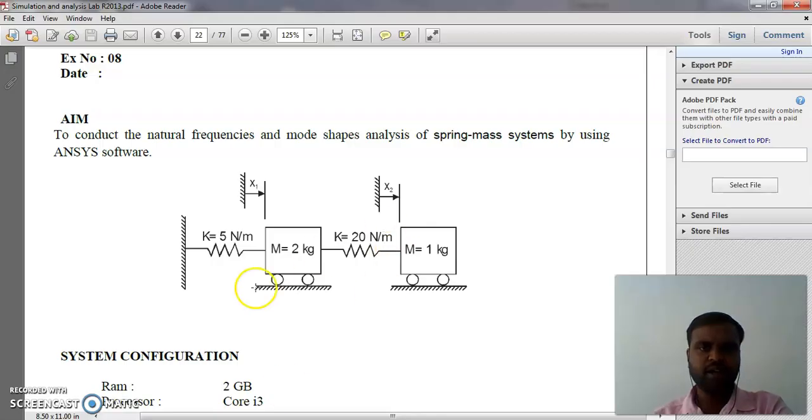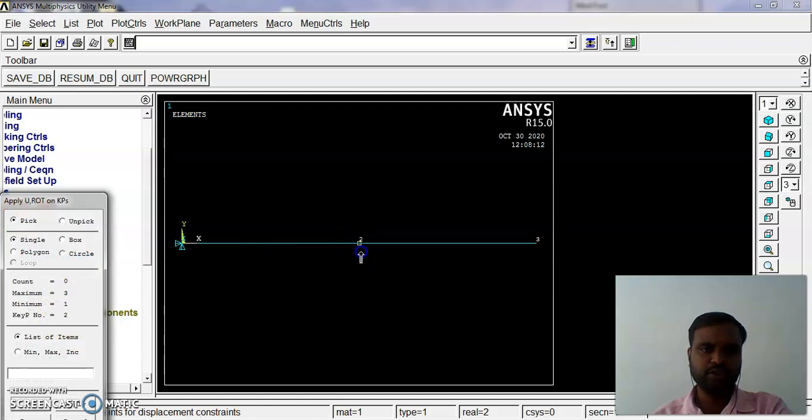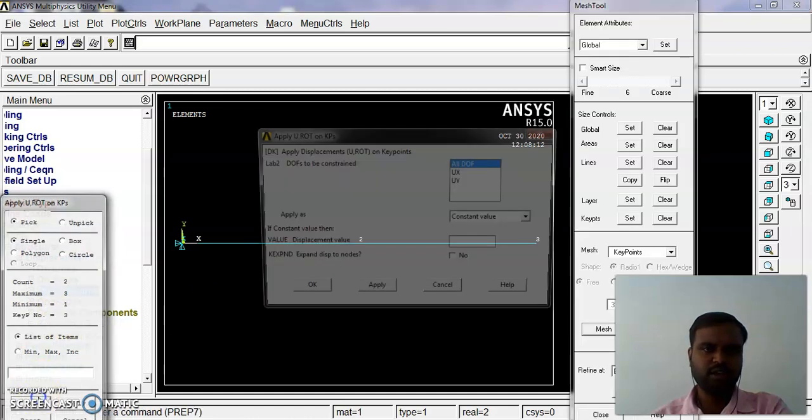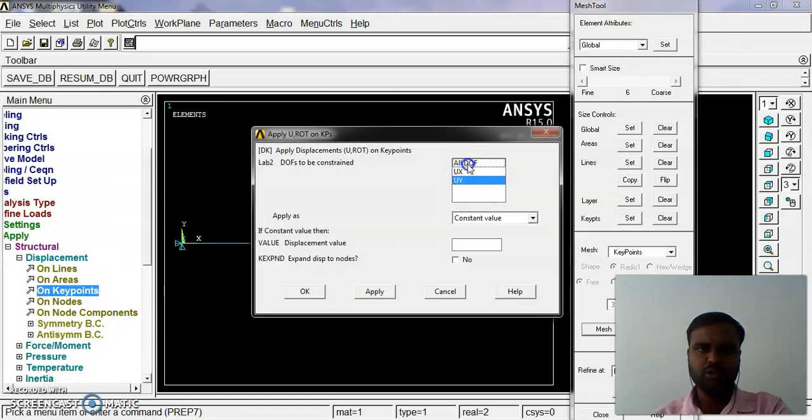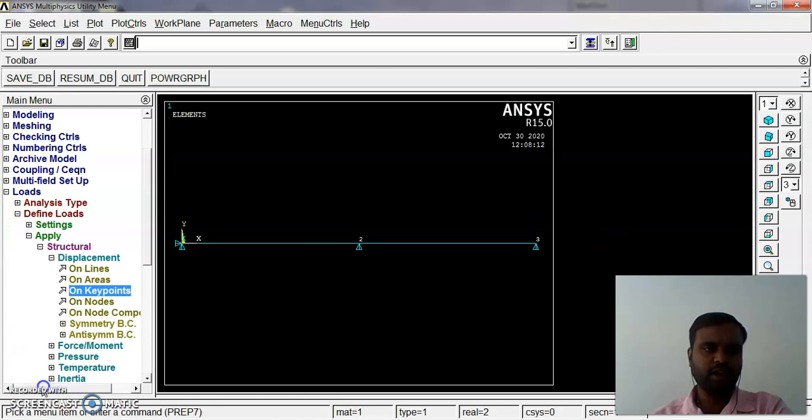Here, in the x direction it will move. The remaining will be fixed, so I will free the x direction and the remaining directions will be restricted. So I want to free the x direction. You can select the second and third key points. U of y is fixed, u of x is free. So the x movement will be allowed, but y will be arrested. So I have fixed points 2 and 3 with this condition.